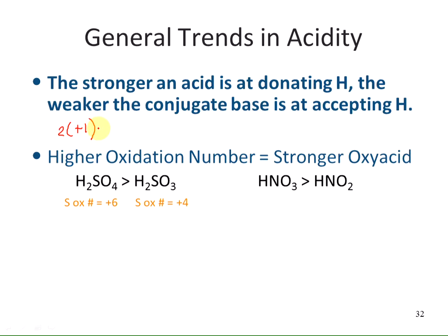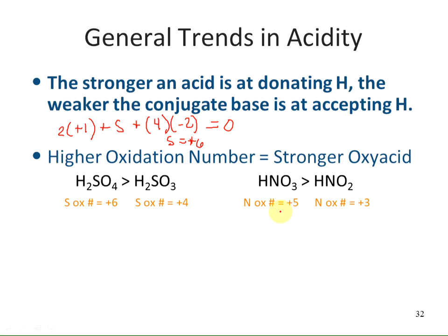And there are 4 oxygens, and each one has a -2 charge, and the overall charge of the complex is 0. So if I solve the algebra, the 2 plus the -8, so the sulfur has to be a +6 oxidation state. And if you need practice in determining the oxidation numbers, you can try with the other molecules shown here. In our other example, where we've got nitric acid and nitrous